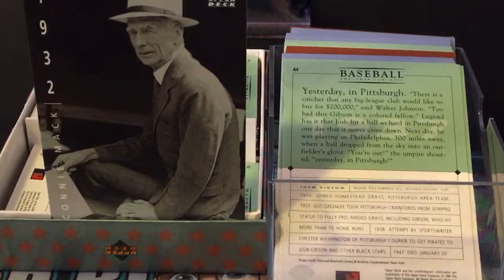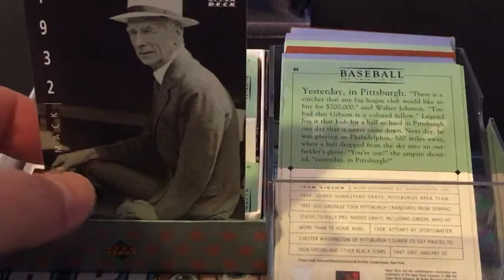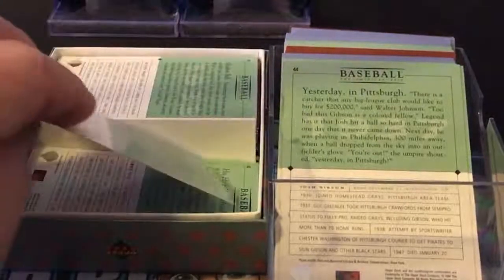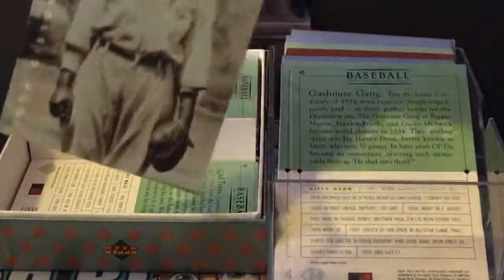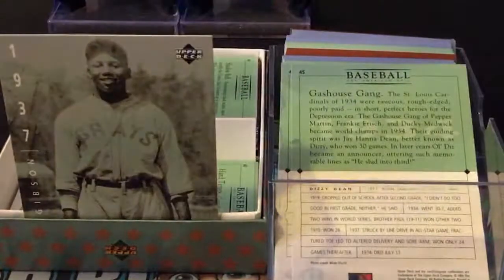Yesterday in Pittsburgh. That's a funny story there, that one. 1932, Connie Mack is in the books. Card number 44, Josh Gibson. Okay. Next up the bat is